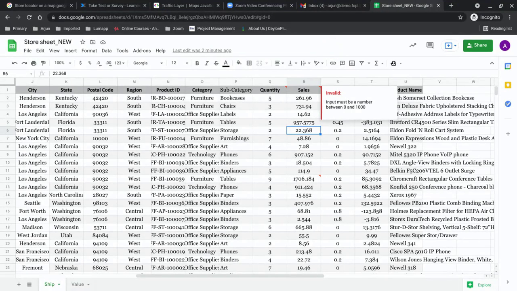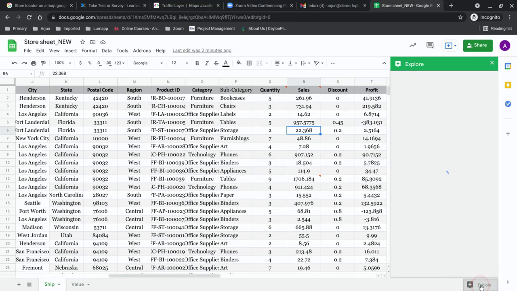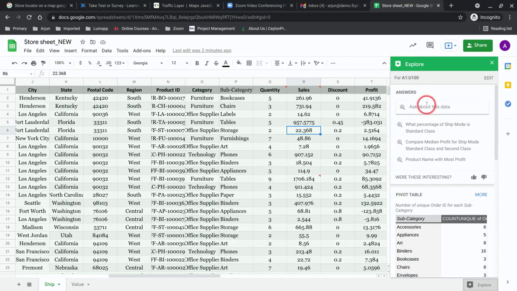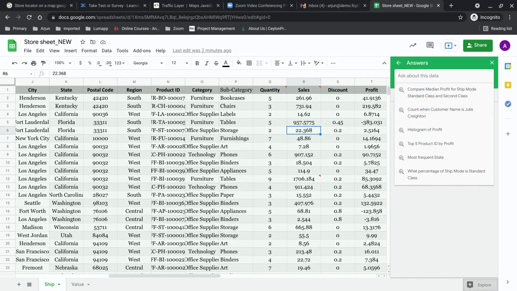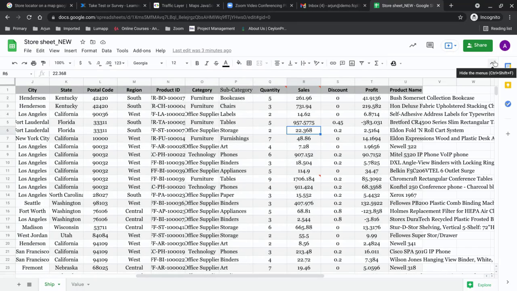And there is a very beneficial feature, Explore, where you can simply ask several questions without creating any manual process. Everything can be asked here, based on the header of the column. If the column has a specific header, it will immediately analyze your question and give you the necessary output and answer. So that's how the Google spreadsheet helps you increase your productivity.